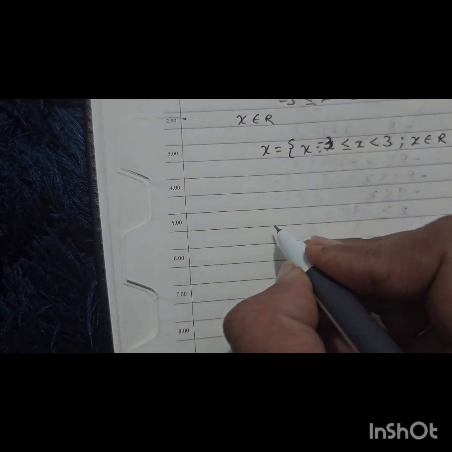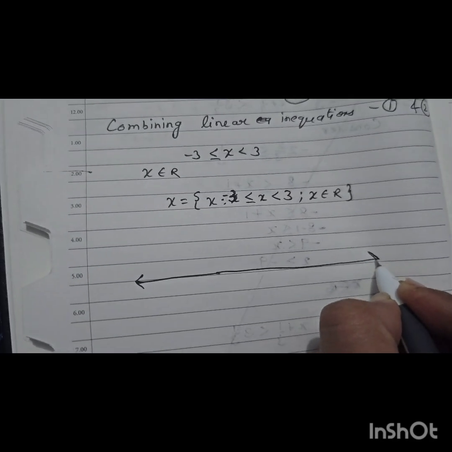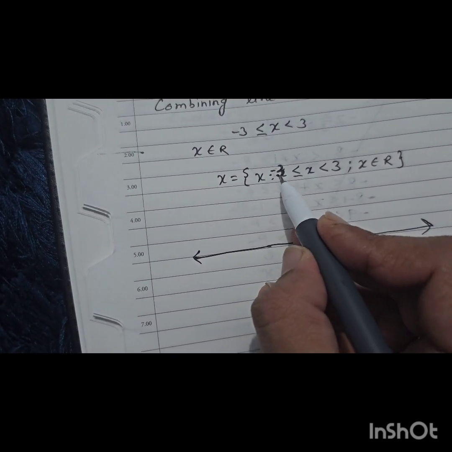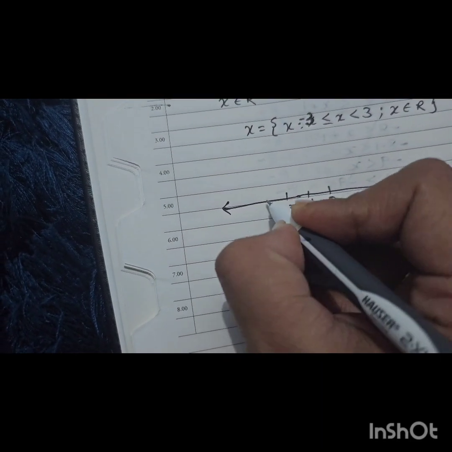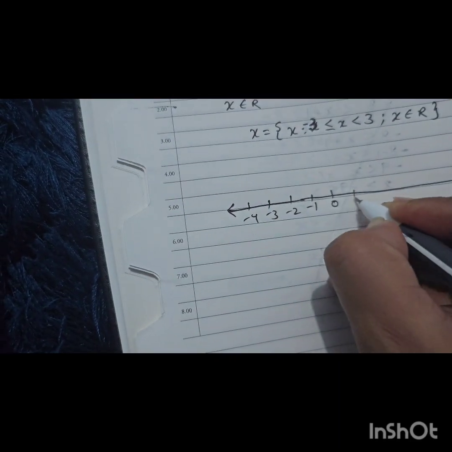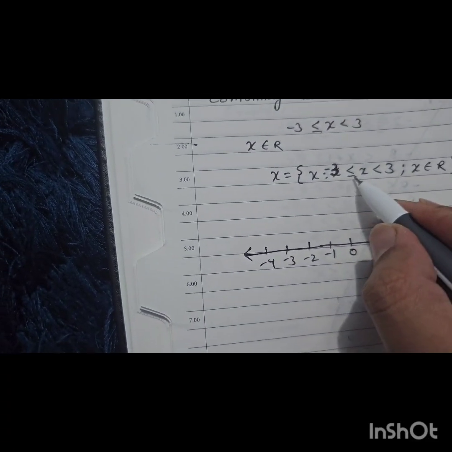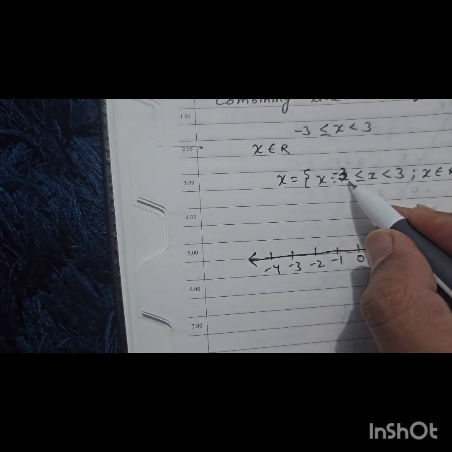Okay, and we have to graph this. So just draw a number line. In the exam you have to draw with a pencil only, and we will observe the values minus 3 and 3. So we will write 0, minus 1, minus 2, minus 3, minus 4 on this side, 1, 2, 3, 4 on this side, and here it is written x is greater than or equal to minus 3. It means,